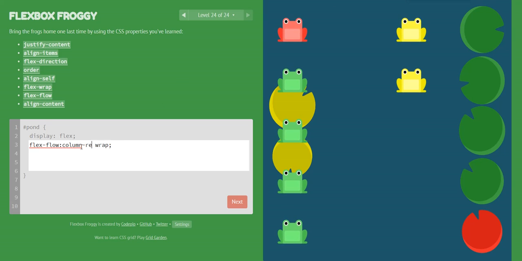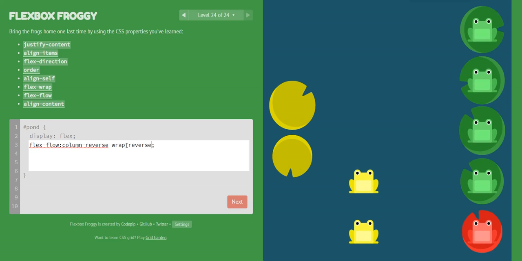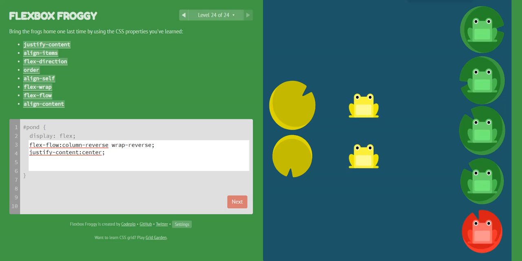so since it looks like we need to reverse the elements, I'm on to it. And it also looks like it's going to be wrap reverse this time. Okay, so things are looking better, but we have a few more things to cover, which is these yellow frogs. So for them, let's just go ahead and say justify content center. So we see that things are looking good now.